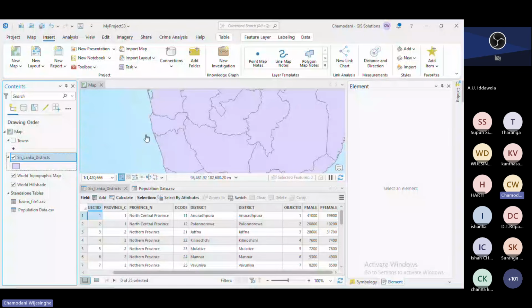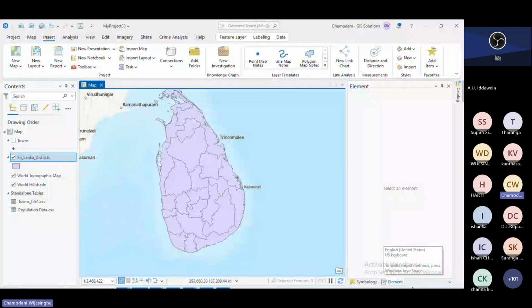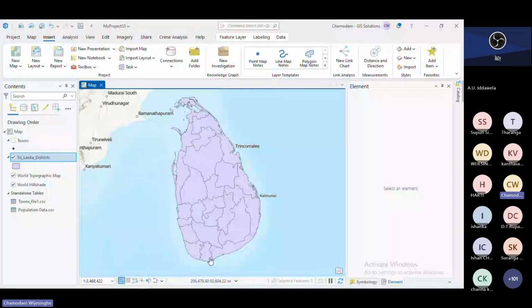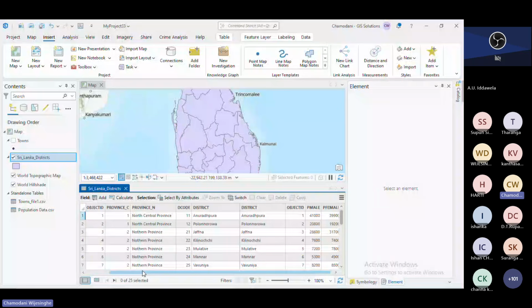Before going to prepare a map layout, I will quickly symbolize this shape file, the Sri Lanka district shape file. You already know how you can do the symbology and the labeling things. But before going to prepare a layout, I will quickly do the symbology. Before that, we can have a look at what kind of data we have. We have district, province, and also male and female population. So now I want to